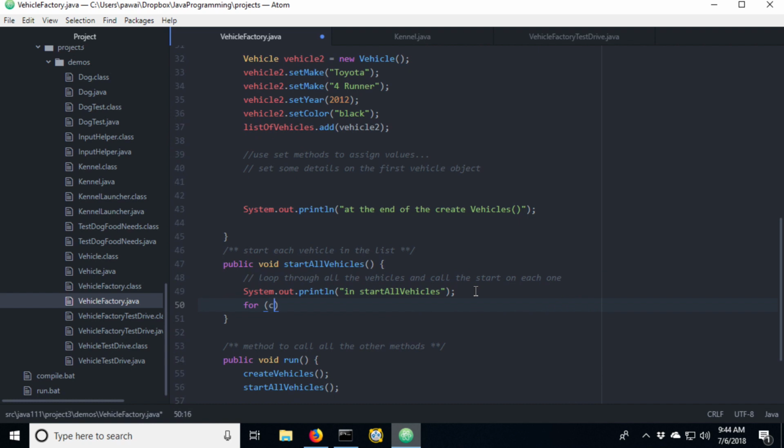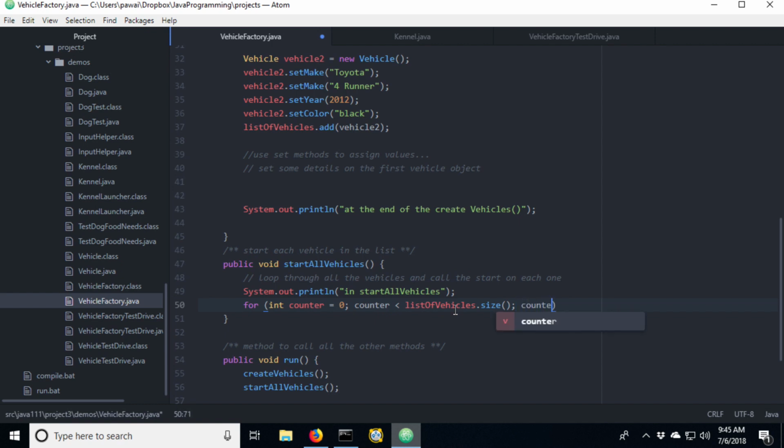I would have had to have a counter, an int counter, set to 0. Then I need to think about when I want to stop. While counter is less than the size, this was an array list, remember, so on the list of vehicles I have a method called size. So iterate through until the counter hits the size, and that should be our stopping point.